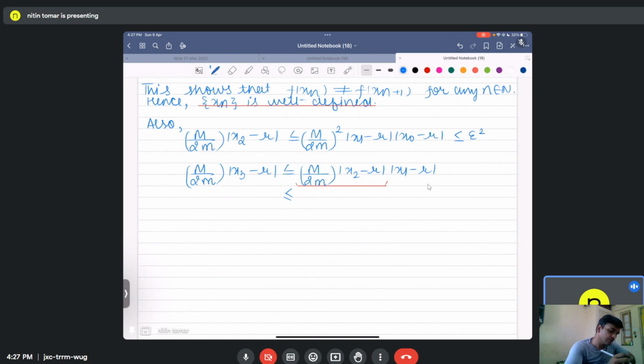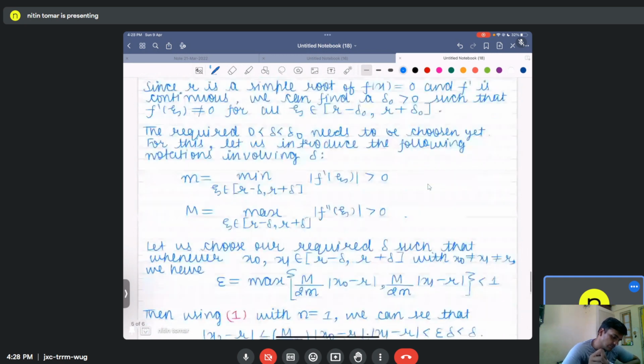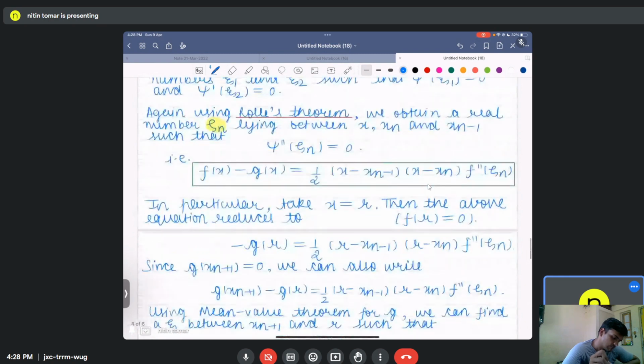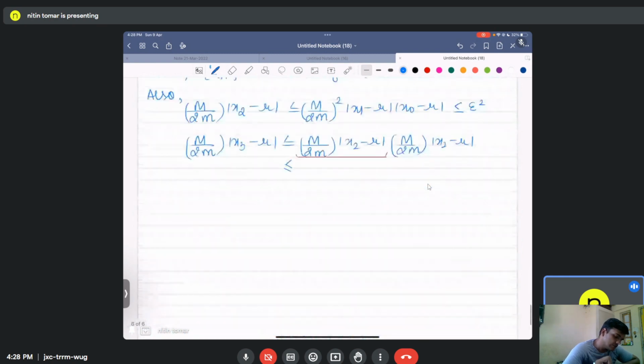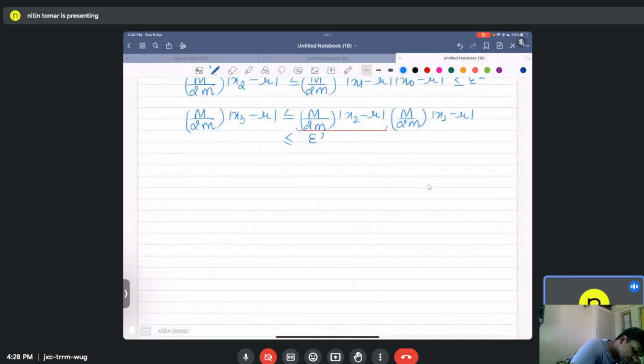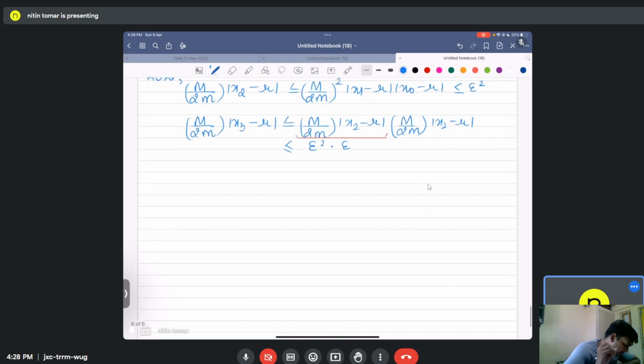Oh, we forgot one m by 2. Yes, here we forgot one m by 2. So now this quantity is smaller than epsilon square and this is smaller than epsilon, so it is epsilon cube. Okay, and if you keep on doing this, you will get